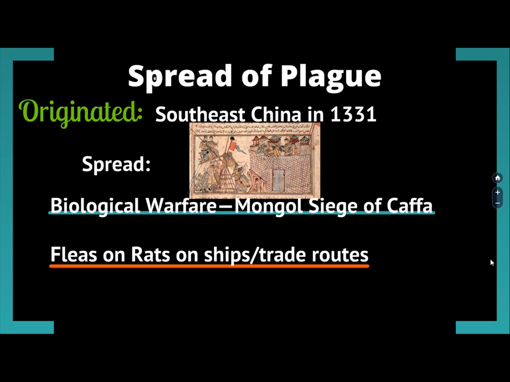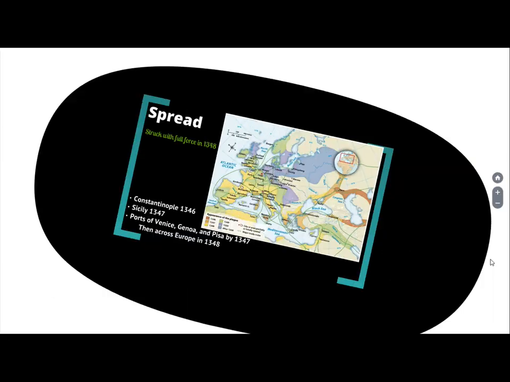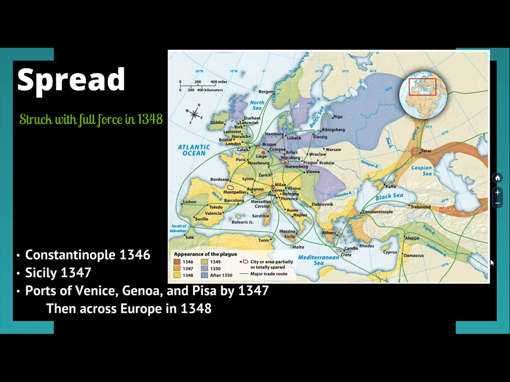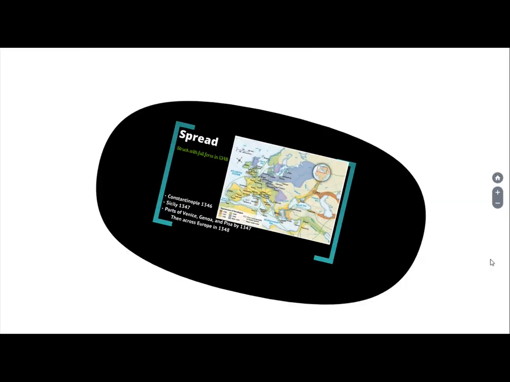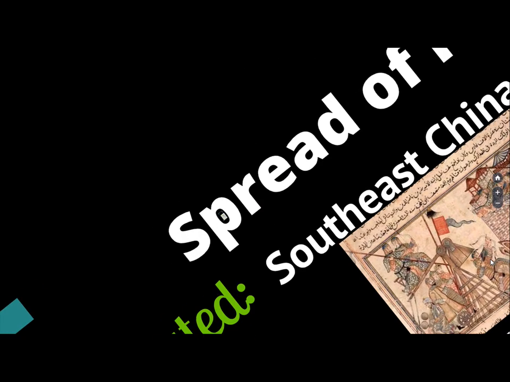From that point on, fleas and then the rats that they lived on went among the bodies, contracted the disease, and then quickly went to ships and trade routes, right? Because the rats are driven by food and motivated by survival. So then they are going to travel the world, bringing the plague to all these different trading ports. So Europe is going to be hit full force by 1348. I'll go back to talk about these dates in a little bit.